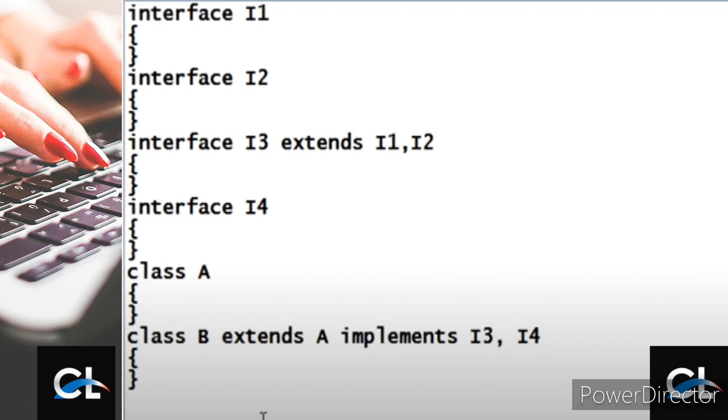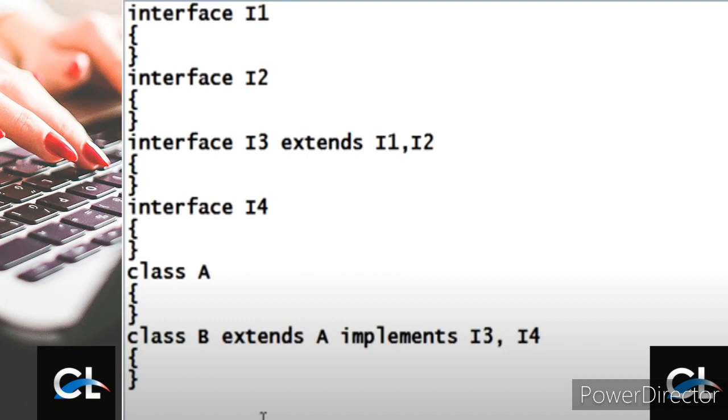What I am telling you about this interface is that it supports the multiple inheritance concept, but directly using a class we cannot do so. If I have I1 and I2 as classes, and I want to write class I3 extends I1, I2, we cannot, because again I repeat, multiple inheritance is not supported by Java. To solve this, we have to use an interface.